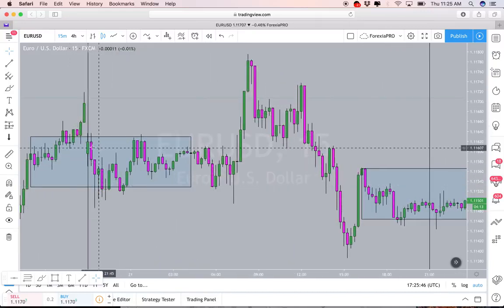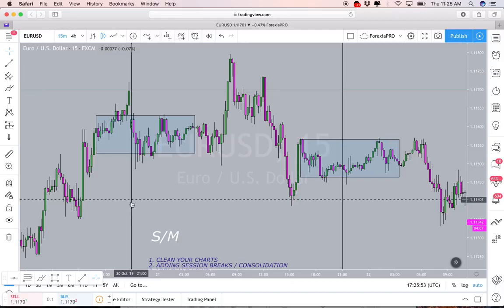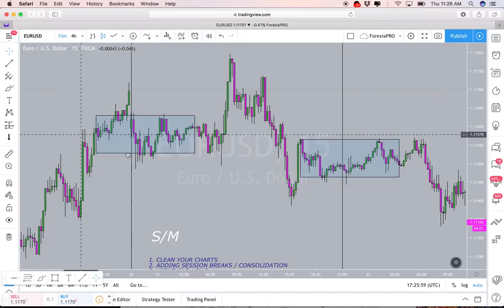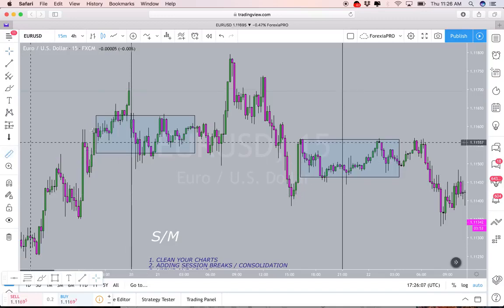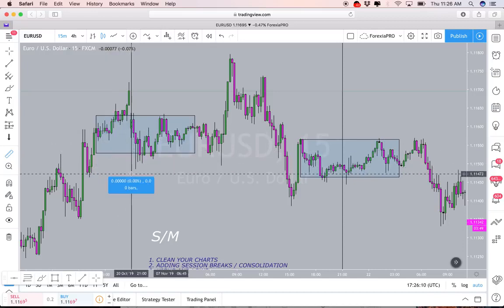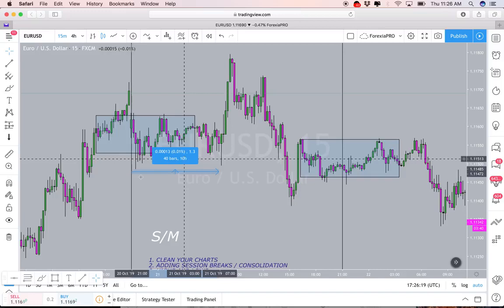To understand when the market sessions are, what I use is the session marker here. So I'll go into TradingView and put my session markers on. I know that this is the exact start of the day. If I click on this measure tool, click on the line, and move exactly 10 hours, 10 hours after the start of the day is exactly when the London session starts. So, knowing this,